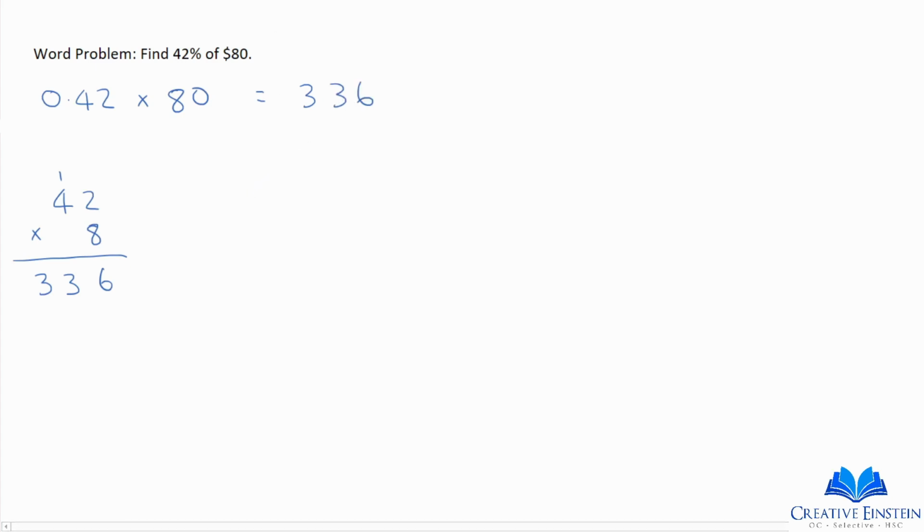336. But no, it doesn't, because we have 80. We don't want to times it by 8. So we're going to add a 0. And now we know there are 2 digits after the decimal. So we need to have 2 digits, and then we need to have the decimal. So the decimal goes between the 3 and the 6. So our answer is